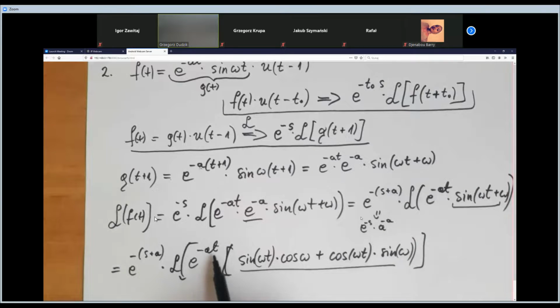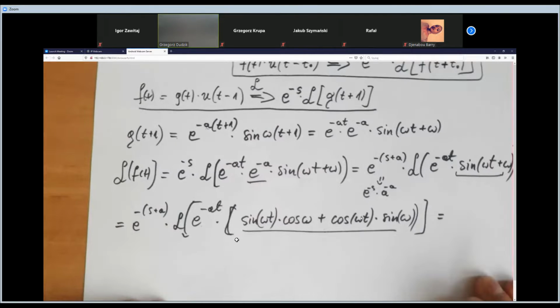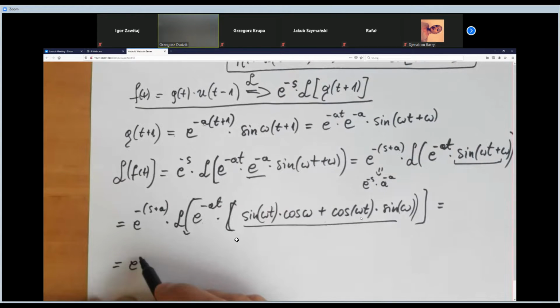We've got the multiplications. Everything is multiplied by e to the power minus a t. However, inside we've got the plus. In fact, we've got two components, the sum of two components. So the Laplace transform of this total expression will be equal to the sum of the Laplace transforms of this part and this part multiplied by e to the power minus a t. Okay, so it will be equal e to minus s plus a, okay, times